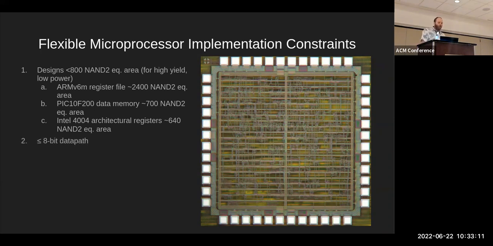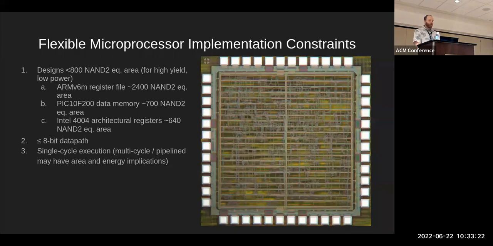We'll use no more than 8-bit wide data paths, as this is in keeping with the reduced precision data considerations and helps us achieve a small area. We want a single cycle execution, as multi-cycle and pipeline designs have area and energy implications. And we're limited in the number of IO ports due to manufacturing considerations present at the time of this research. We built 3 different FlexiCore designs: FlexiCore 4, a 4-bit version, FlexiCore 8, an 8-bit version, and FlexiCore 4 Plus, a richer version of FlexiCore 4.